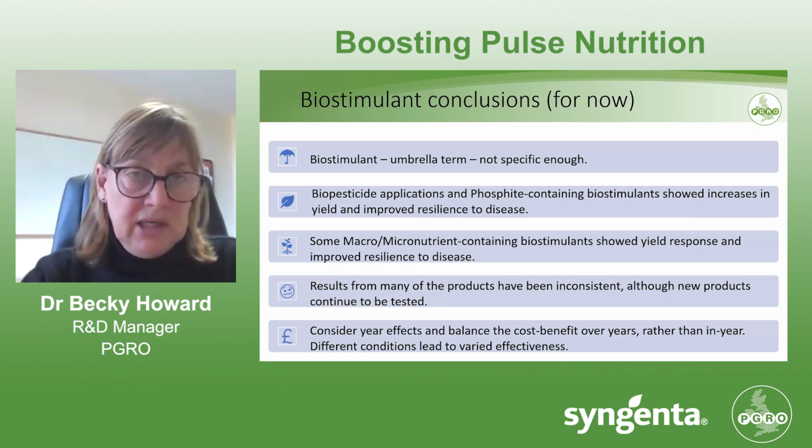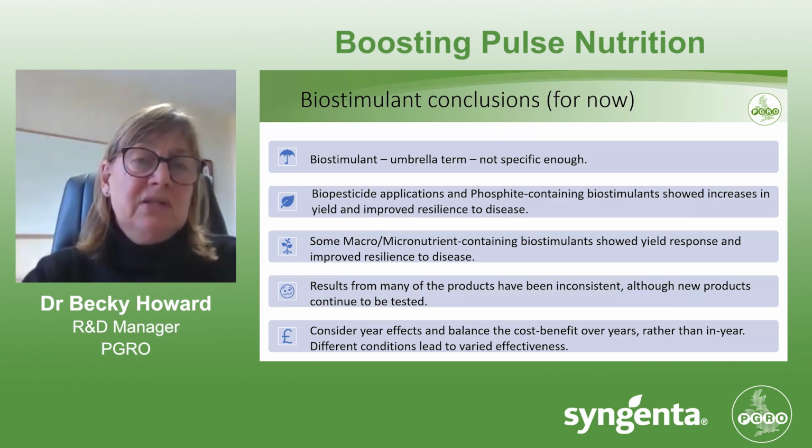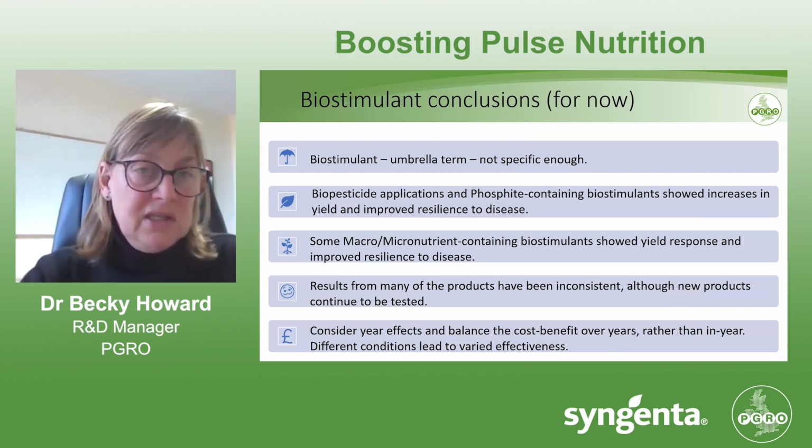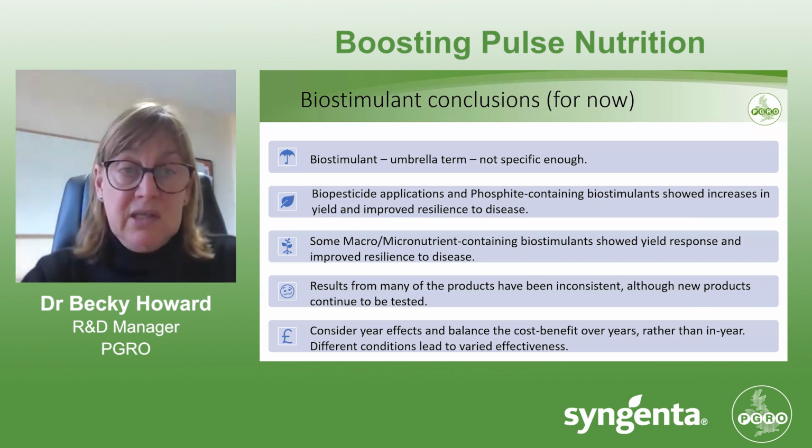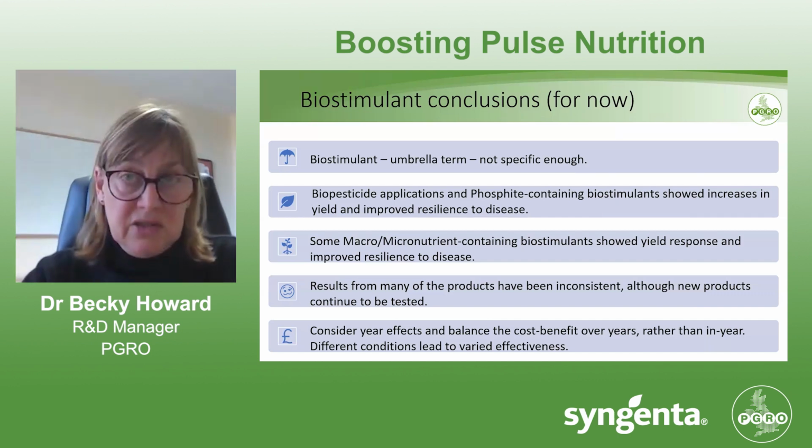And then we can categorize them really into seed treatments, soil treatments, or foliar treatments, or we can categorize them by the target that we're looking at. So is it establishment, disease resilience, final yield? So we know that the biopesticide applications and the phosphite-containing biostimulants gave us increases in yield and improved resilience to disease, as did some of the macro and micronutrient products. But overall, they are very inconsistent, and we continue to test new products, but it's important to think about